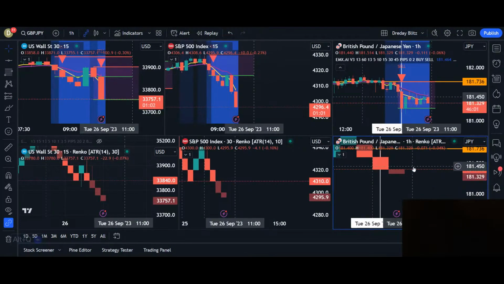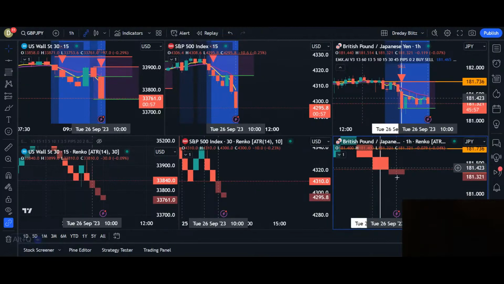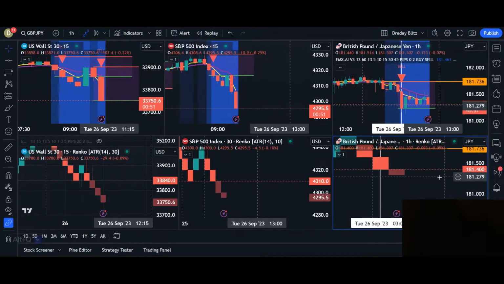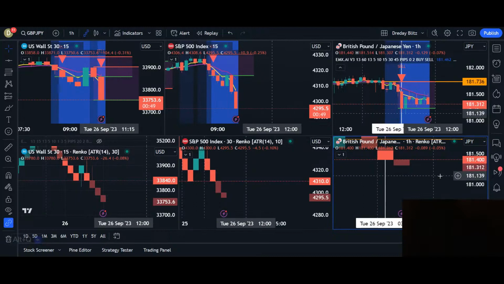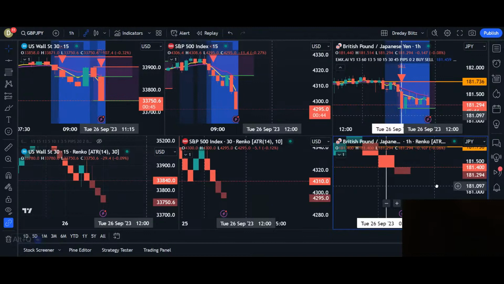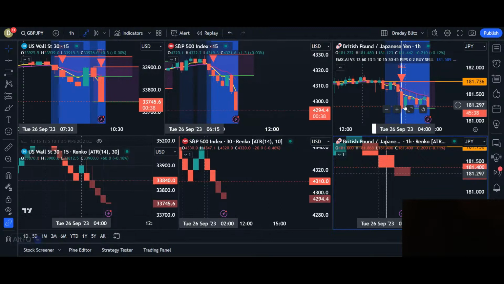And you're looking at the Renko bar right now. The Renko bar is still going down. It's pushing right now. It's starting to create a new Renko bar going in the downside. Since we're trading off of the 1 hour, it's going to take a longer time to do the move because every bar is 1 hour. So based on his entry, he was in the trade since